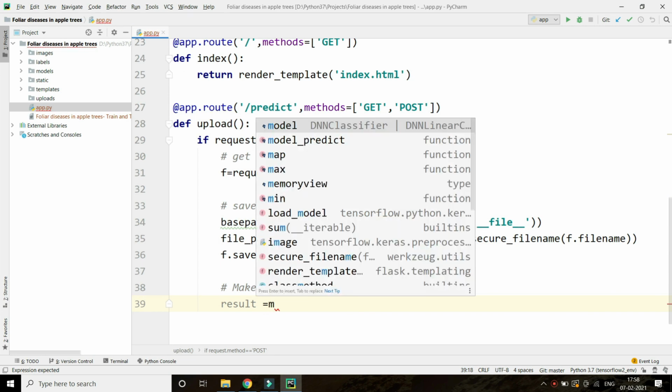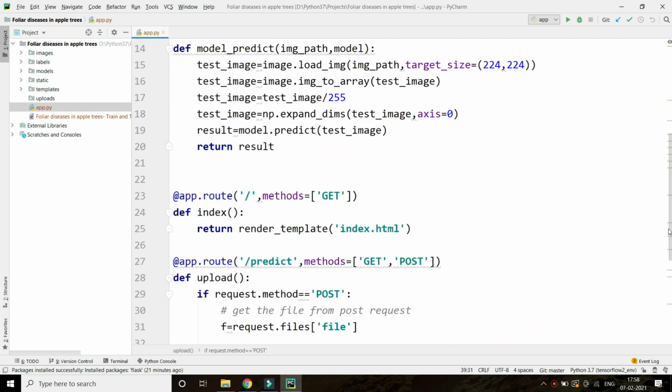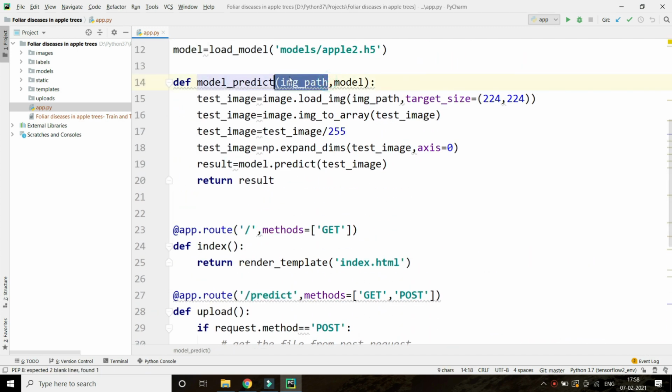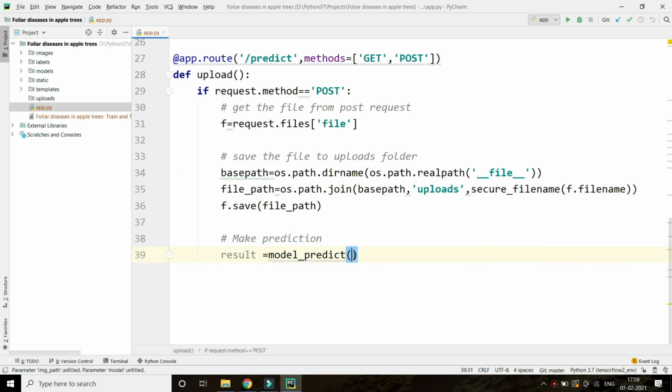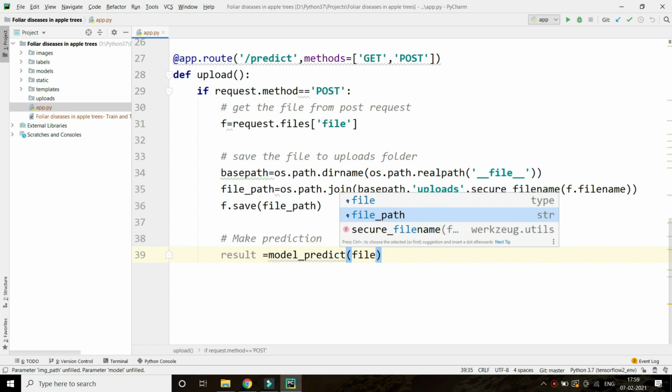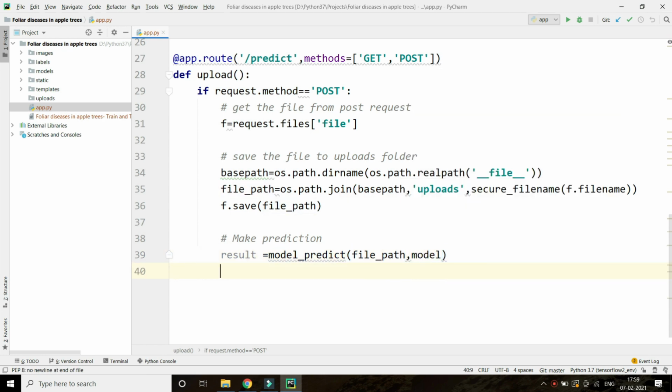So let's call that function model_predict, and we are going to give two parameters: image path, meaning that file path, and the model. After saving on the uploads folder, it will call from that folder the file path and our model. So this is the result.